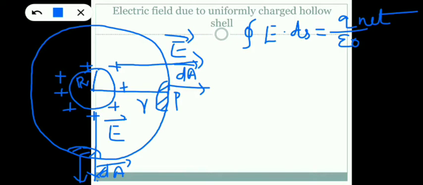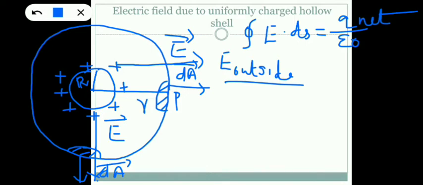So here we have considered the electric field intensity at P, and P is a point residing outside the shell. So first we can calculate the electric field intensity outside the shell, that means at the point P. Okay, so that is our aim. So consider the Gauss's law again. Integral E dot dS is equal to Q net by epsilon naught.